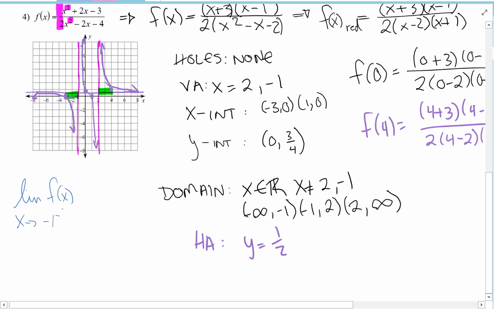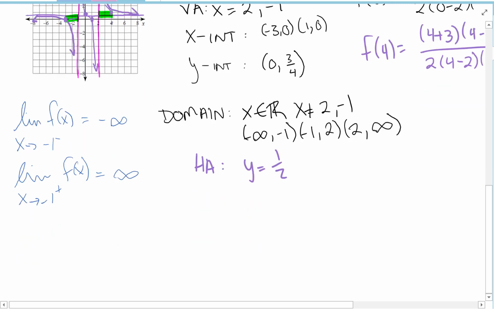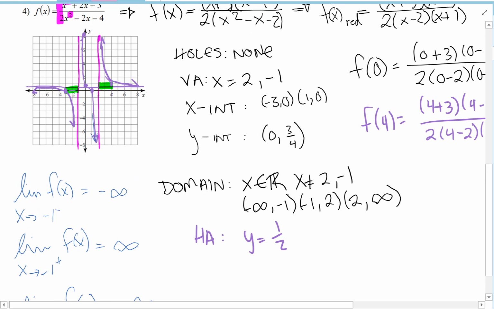From the left, we're going toward -infinity. But when we approach -1 from the right, we're going upward. That's positive infinity. When we approach the next asymptote, 2, from the left, we are also going down, so -infinity. But the last one, as it approaches this asymptote from the right,